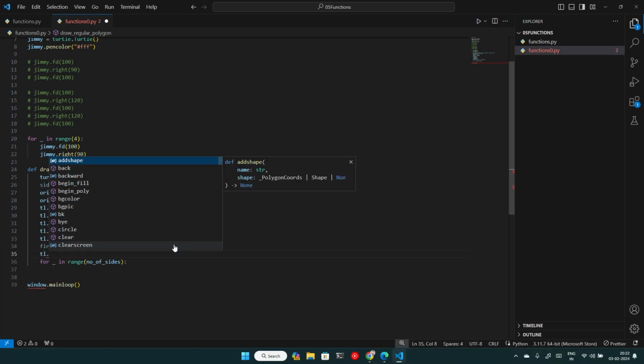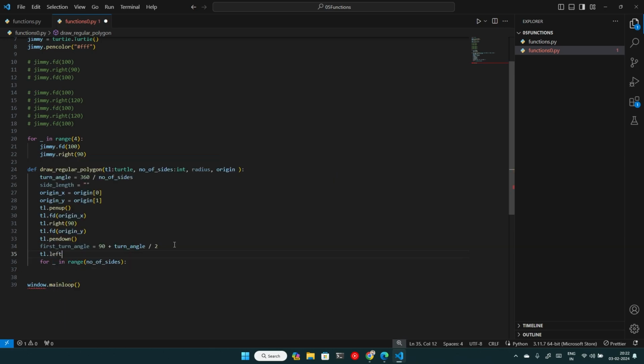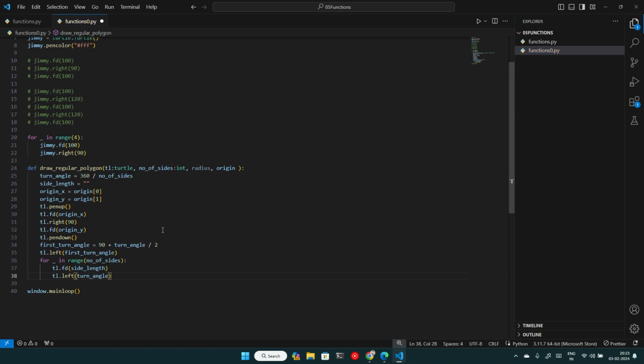So my TL dot left, I'm just writing this so that my polygon will be created anti-clockwise. First triangle. Then what you gotta do, TL dot FD side length, then TL dot left turn angle, and it will be done, I guess. Since we have to calculate the side length also, so the side length will be radius